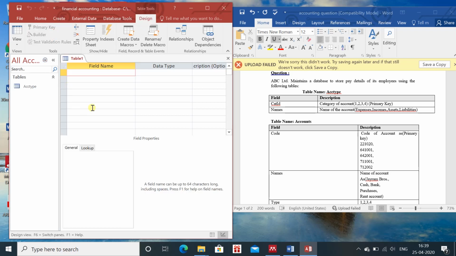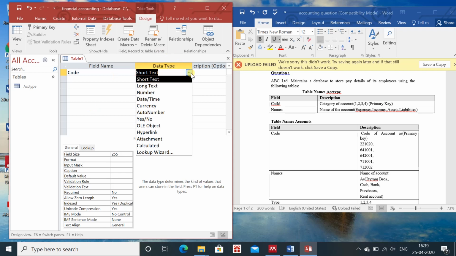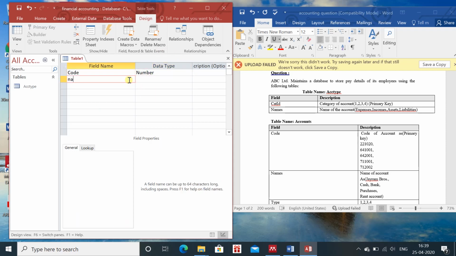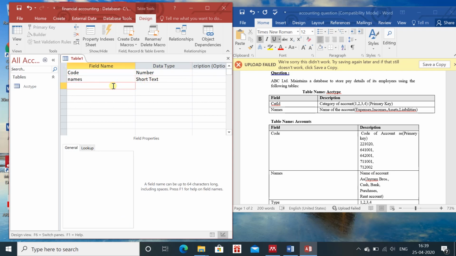Now for this we know that first of all we want the code, and in code you can see that we have the numbers. So we will select number here, and then we have the names. Then we will go to the names, and you can select the short names or long names, but in names generally we select short names. Then type.